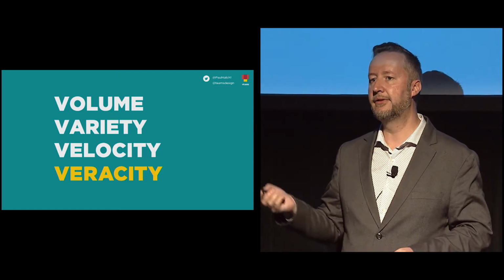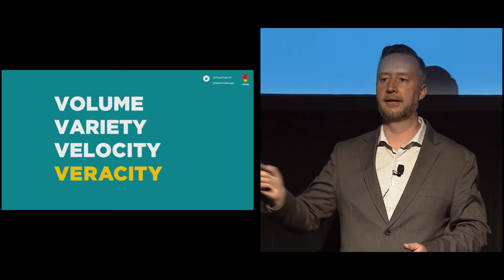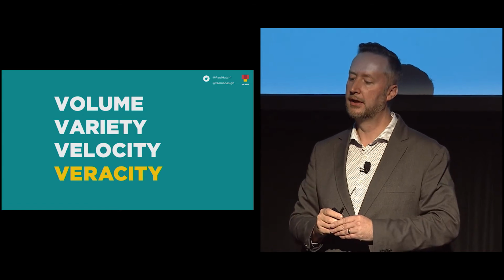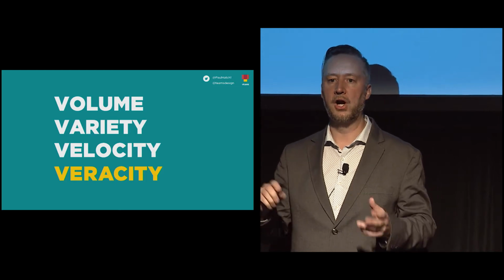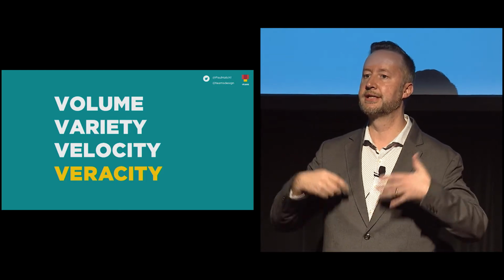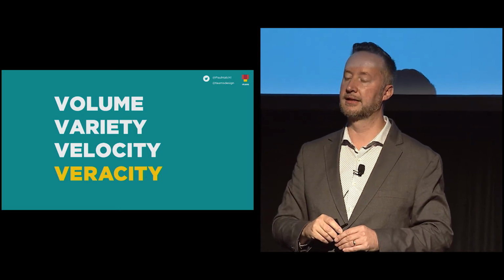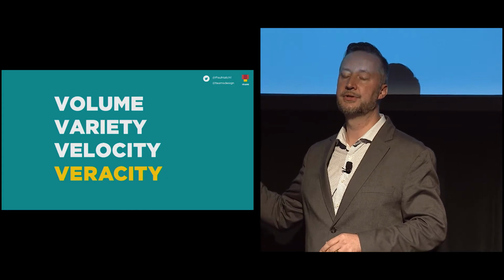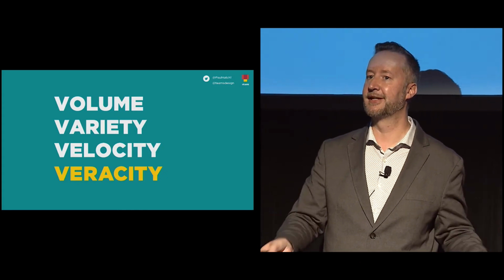Also in IoT, there's the so-called 4 Vs. I haven't seen it come up yet at the conference here, but at other IoT events it gets thrown around a lot. But generally people are very focused on the volume. Variety is talking about the types of data. Velocity, of course, how fast you can talk back and forth. That was covered quite a bit over the last couple of days. Very little talk about veracity, which is the quality of the data. Not all data is the same. There's good and there's bad.